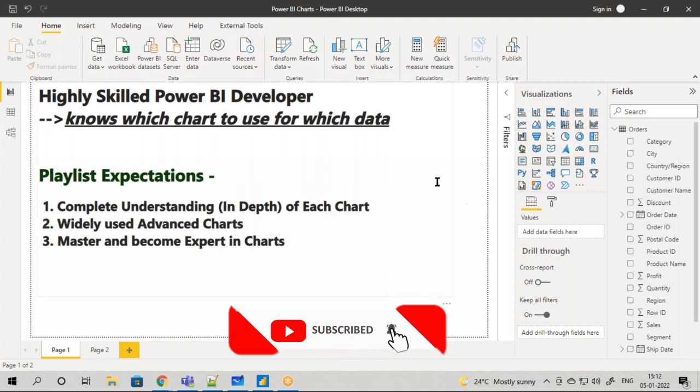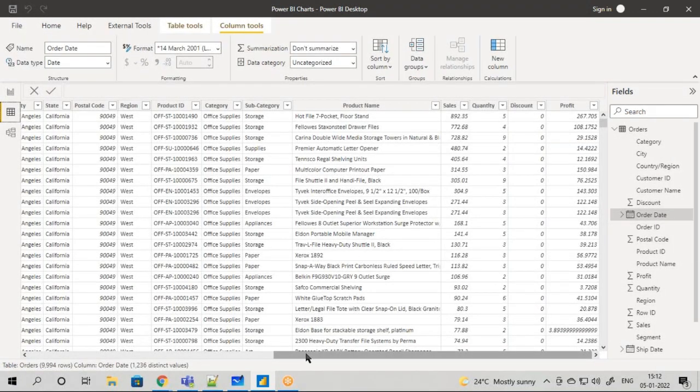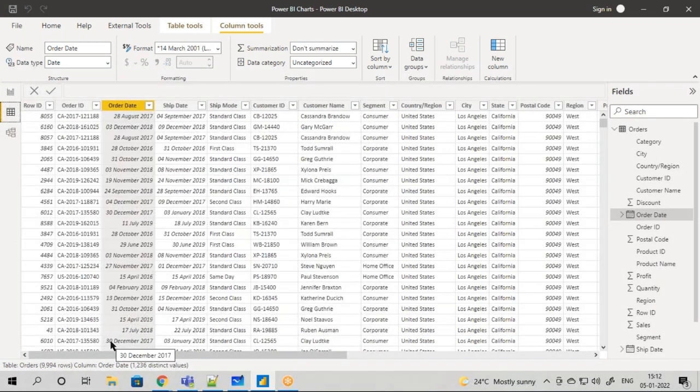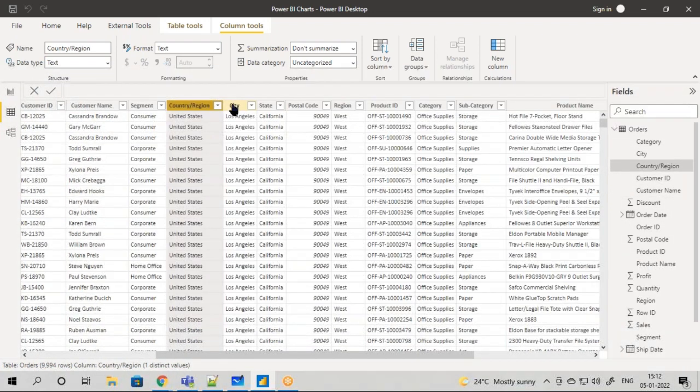Now let's learn the first chart. Before we learn the first chart, I'll just give you high level data set information. This is the data that we'll be working with. This is just a sample superstore data set that you'll get online. It is very similar to any e-commerce company: you have order information, customer information, and the geographical location.